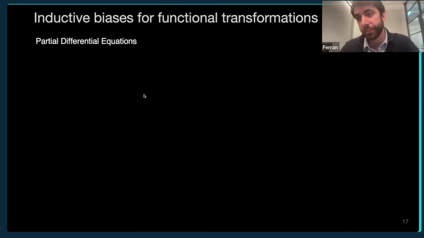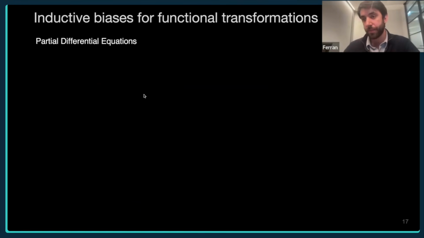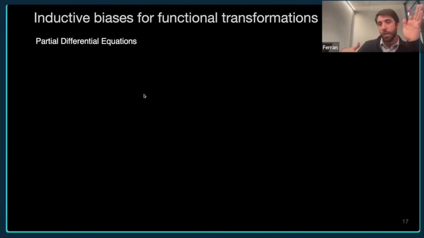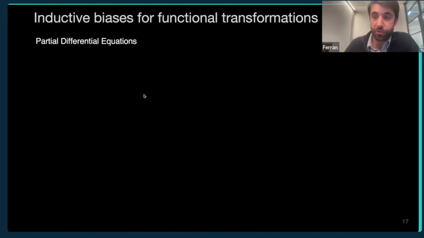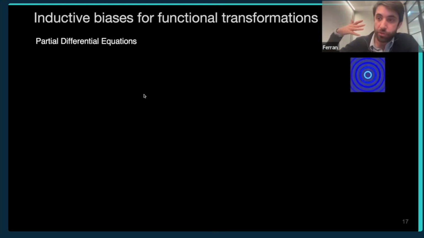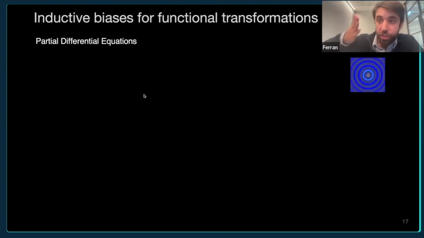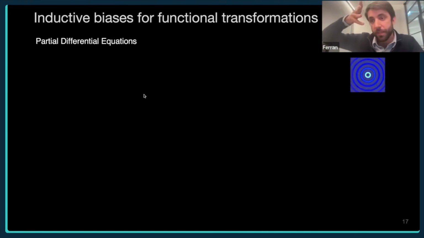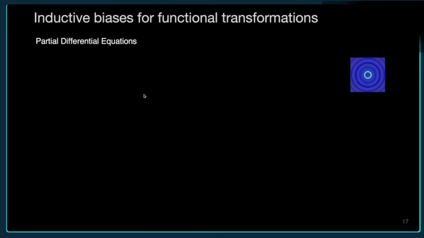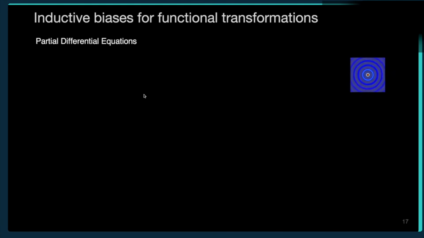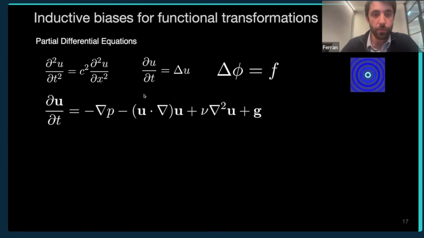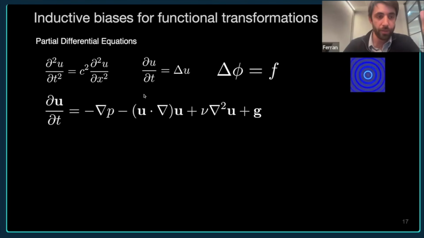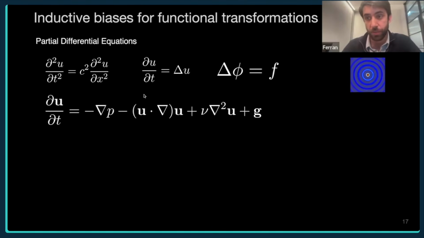So if we think about inductive biases, what properties are satisfied in these function-to-function transformations, we could take insights from partial differential equations. If we think about a partial differential equation, the initial state of the partial differential equation may be the input function, and the last state of the partial differential equation we can think about as the output function. So from this perspective, if we look at these equations, there are multiple things that we can notice.